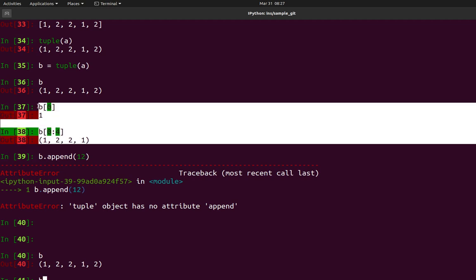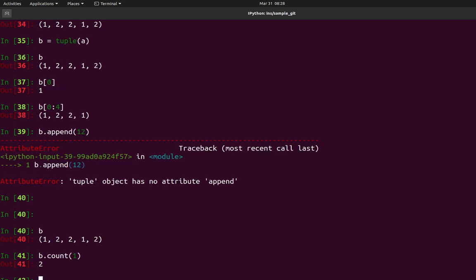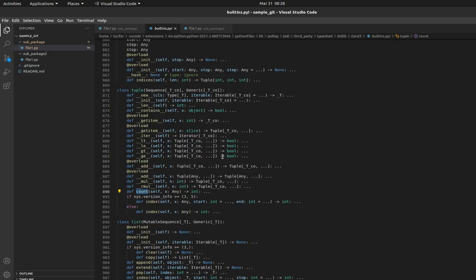Slicing works because it is indexed, right? And we only have count, the number of times an element occurs. This method was also there in lists, and we already discussed how it works. The same method is there for tuples as well, but other than this, tuples do not have any extra methods.